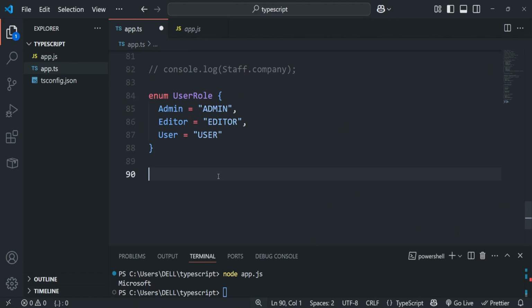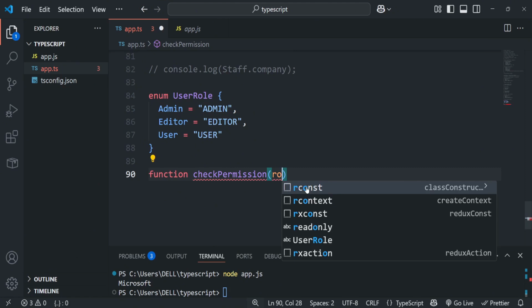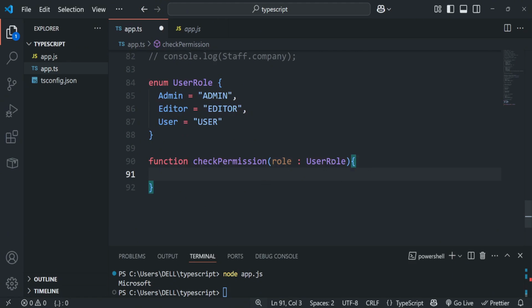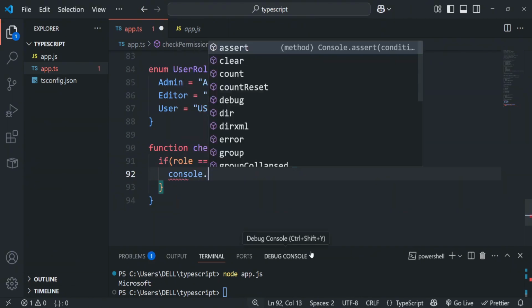So down here, I'm going to create a function. I'll say function checkPermission. It's going to take an argument, which is going to be role, then of type enum UserRole. Now, since I'm making use of this enum right here, I have access to all the values inside the enum. So I can say if the role passed to this function is equivalent to UserRole.admin, then I want to console.log